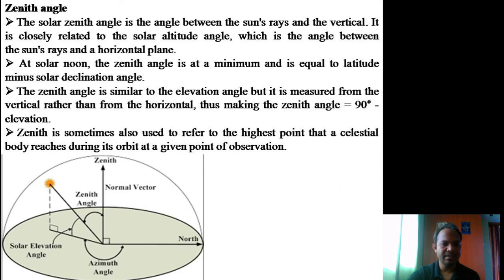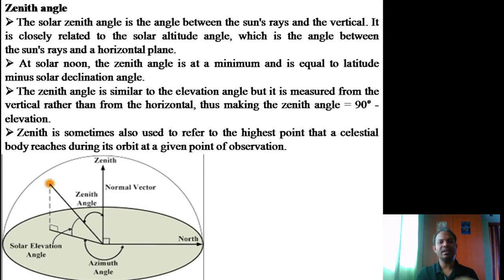Then this is the zenith angle. If you take a perpendicular line, a normal line or a normal plane, which is a vertical one, then the angle made, just imagine like this. This is a vertical plane, whereas this is a horizontal plane. The solar radiations are falling onto this. Now this is an altitude angle, whereas this is the zenith angle. So this zenith angle is given by 90 minus alpha.